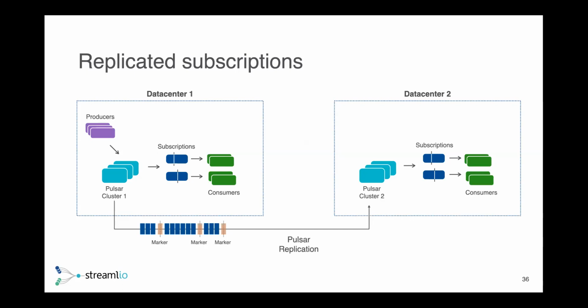Then in the failover scenario, you spin up data center number 2, your consumers still have to go back and assign to that same shared replicated subscription. They have the markers indicating where they last left off. So you don't reprocess the same messages twice, and you don't skip messages and not process them. This guarantees that you resume processing exactly where you left off, which is critical for some scenarios where you want to process every single piece of data at least once.